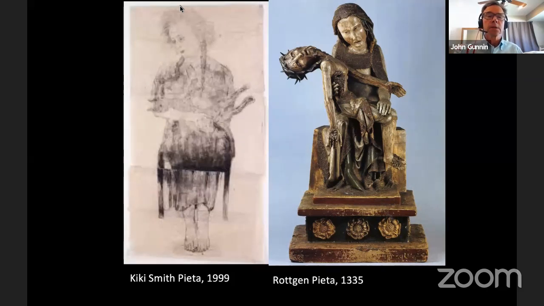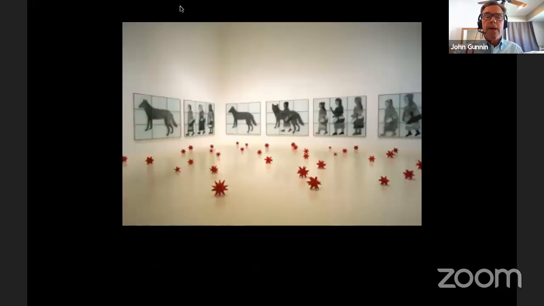And it seems that she's really taken up the theme of that. And this is from the Pace Gallery, where Kiki Smith had her show, and you could see the little Red Riding Hood, the wolf,